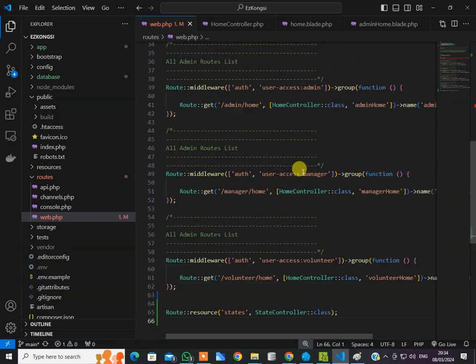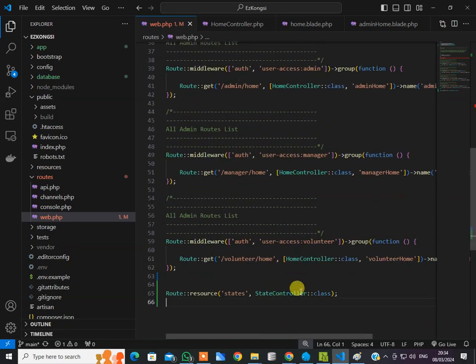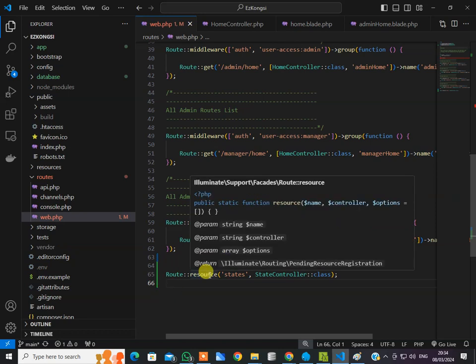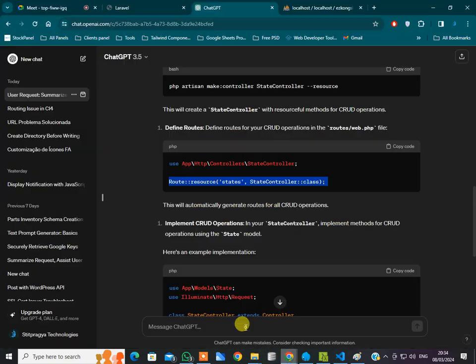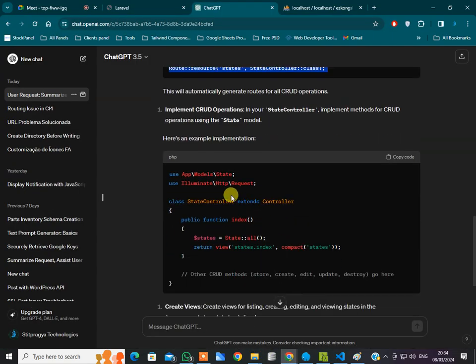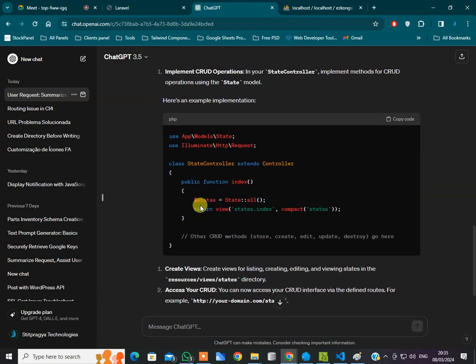Here we had many things; the auth routing did all our work for create and read. We don't need to write those things. In the same way we have the resource route. It will handle all the routes. Now here is an example implementation of the CRUD. The first thing I need is